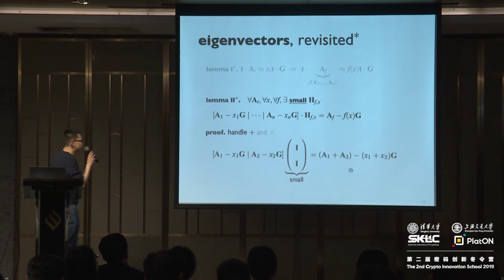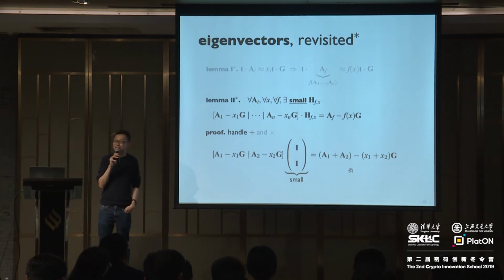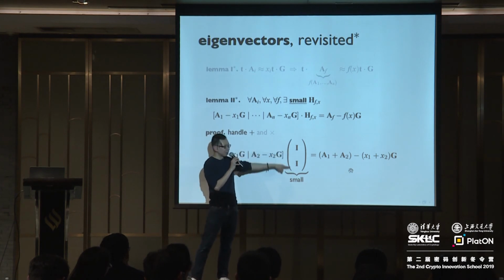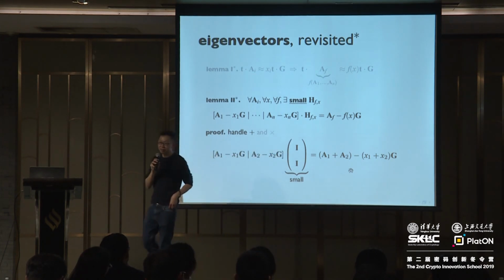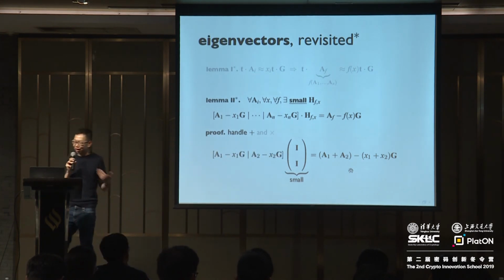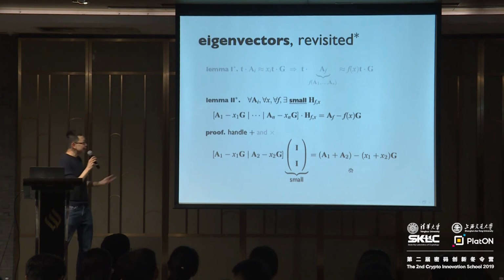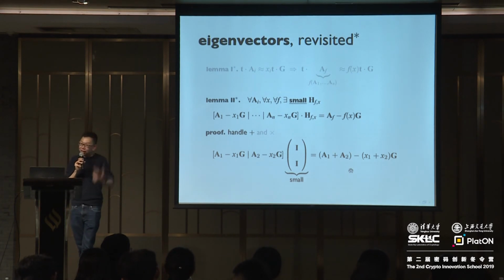Alright, so for addition, let's try what we started out with, and it turns out if you use the same features as before with identity on top of the identity, everything checks out. So your A sub f for addition is basically A1 plus A2, and then everything else checks out. And since the identity matrix has 0, 1 entries, this matrix H has 1 entries.